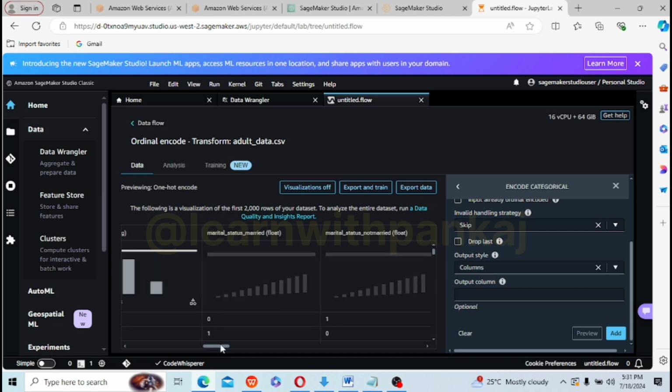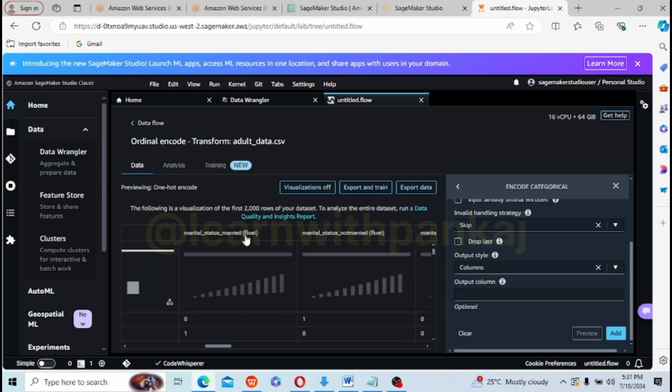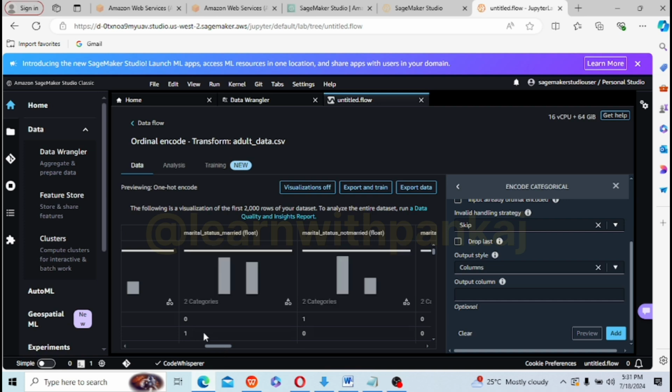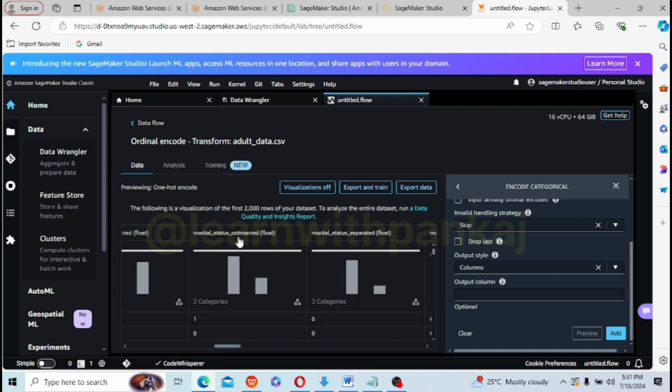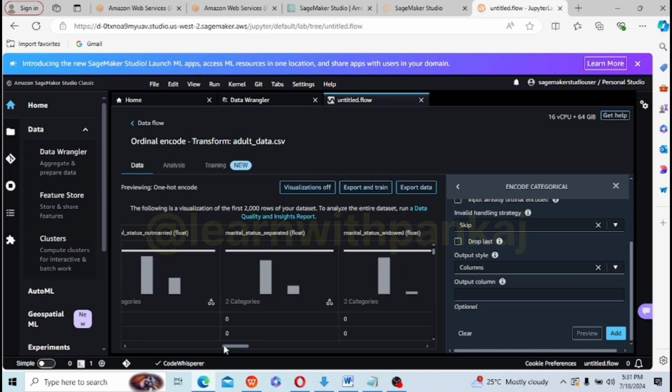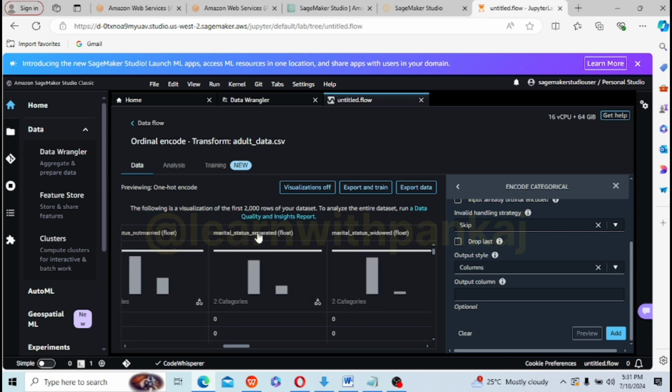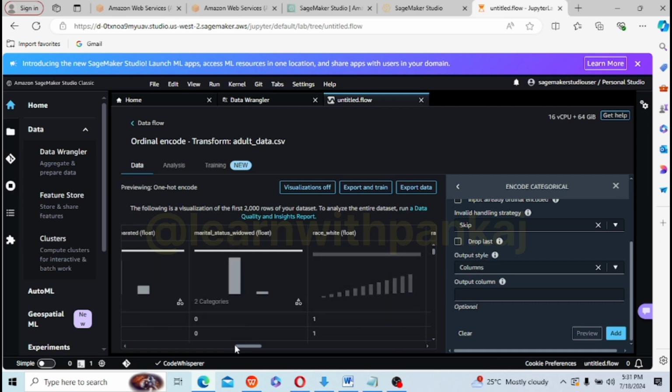Marital status married is in float format, so only zeros and ones. For married it will be either 0 or 1. Marital status not married is a different column, 1 or 0. For marital status separated, a different column has been created. Marital status widow, different column.